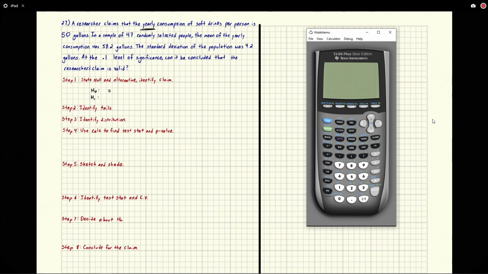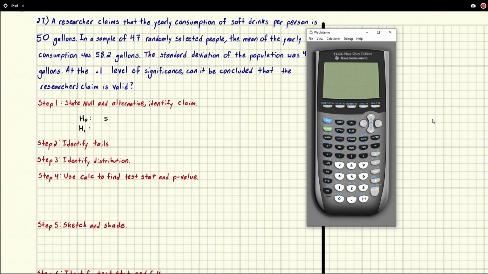So per year is kind of an indication that we're dealing with an average. So they're claiming that the mean is 50 gallons per year. So the average person, that's what they drink per year. In a sample of 47 randomly selected, the mean of the yearly consumption was 58.2 gallons. So we did an experiment. We found it was different. And our mean was